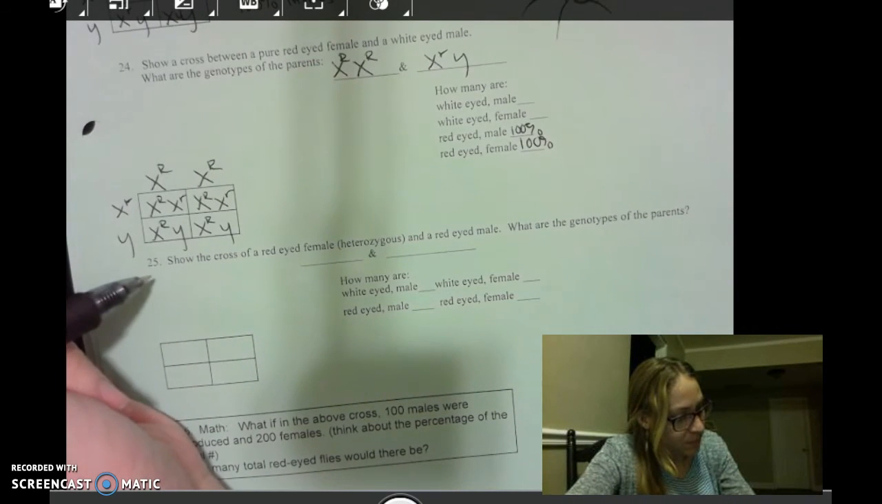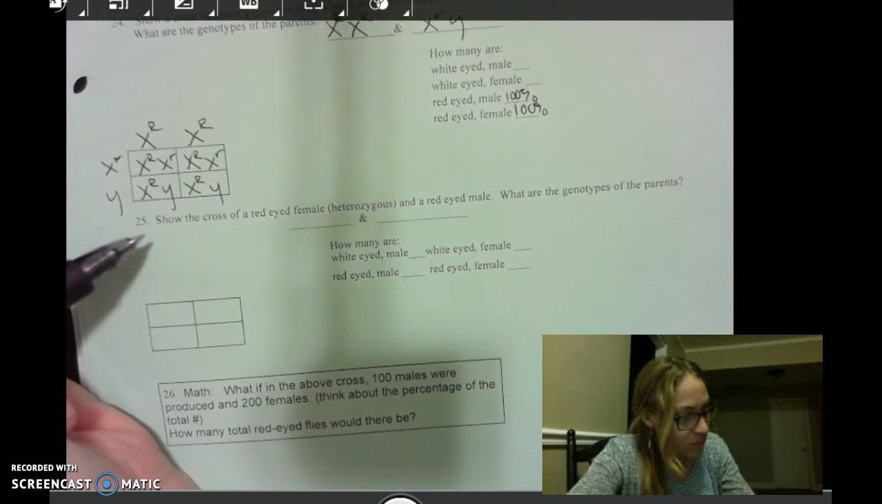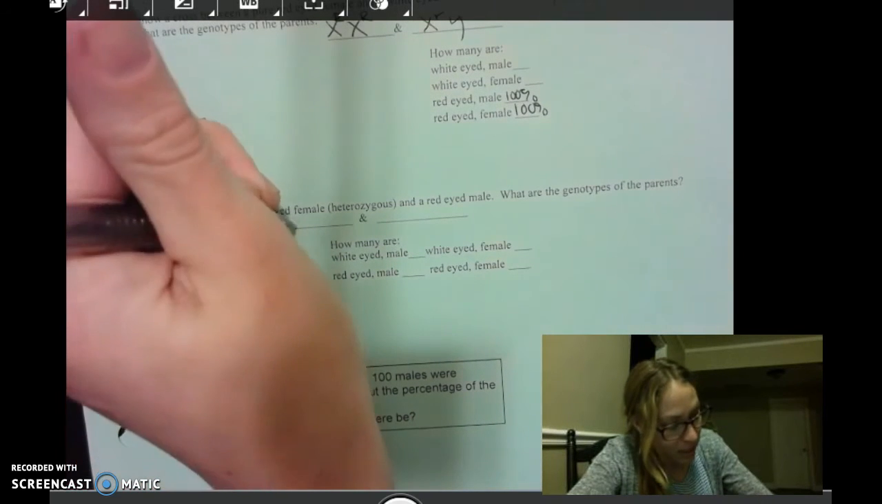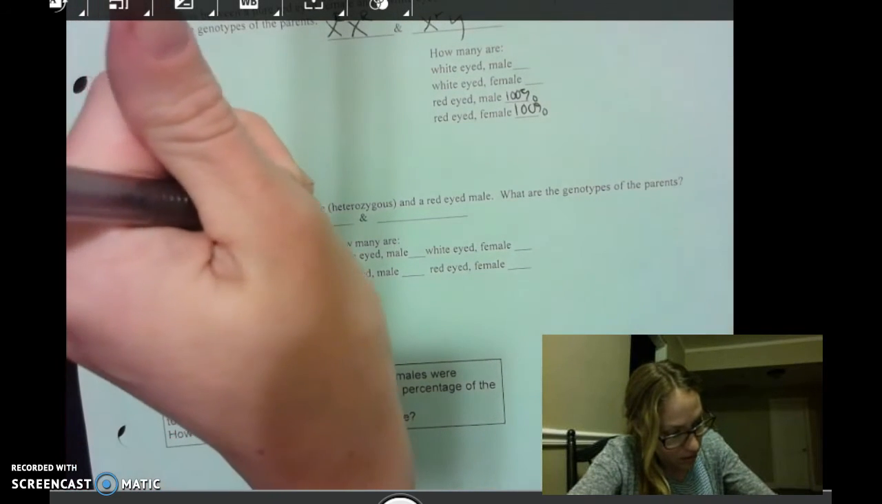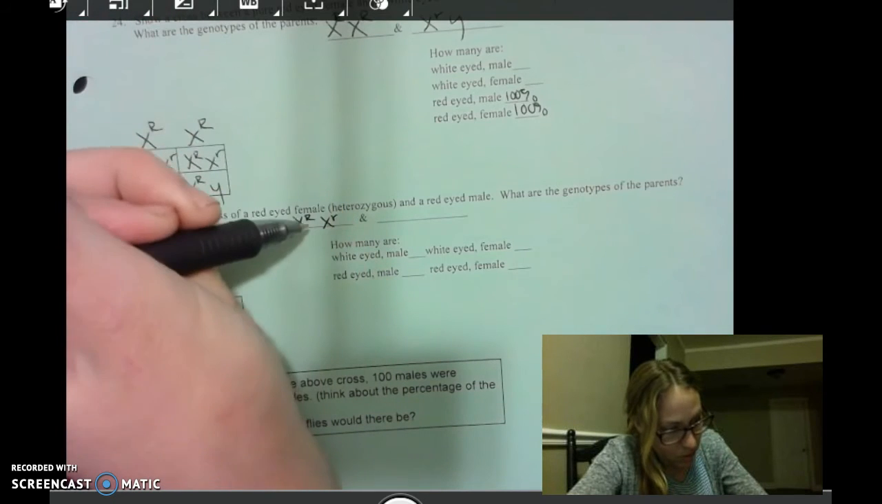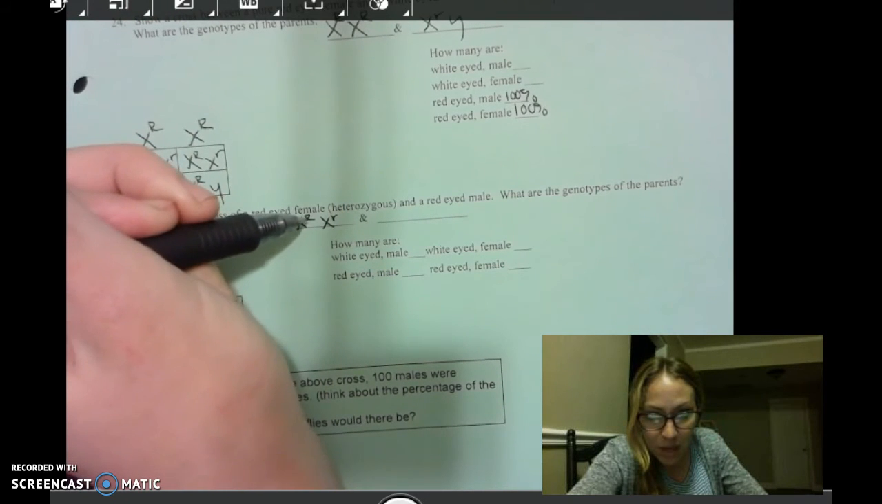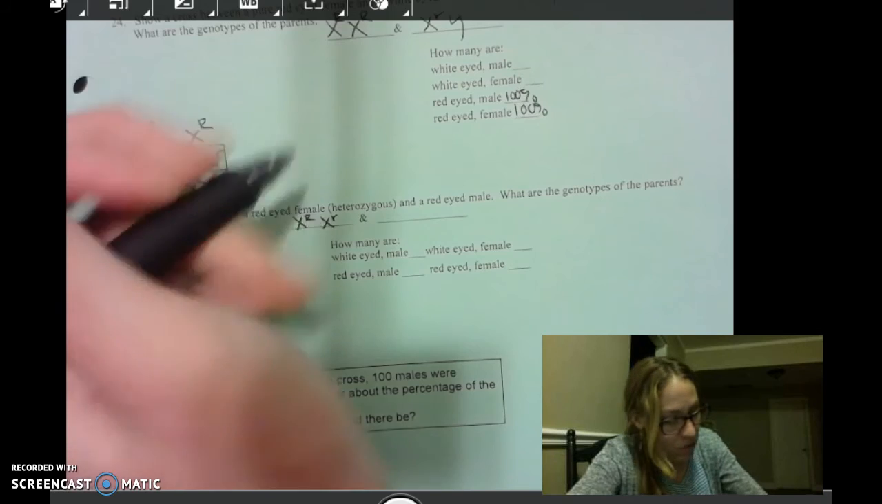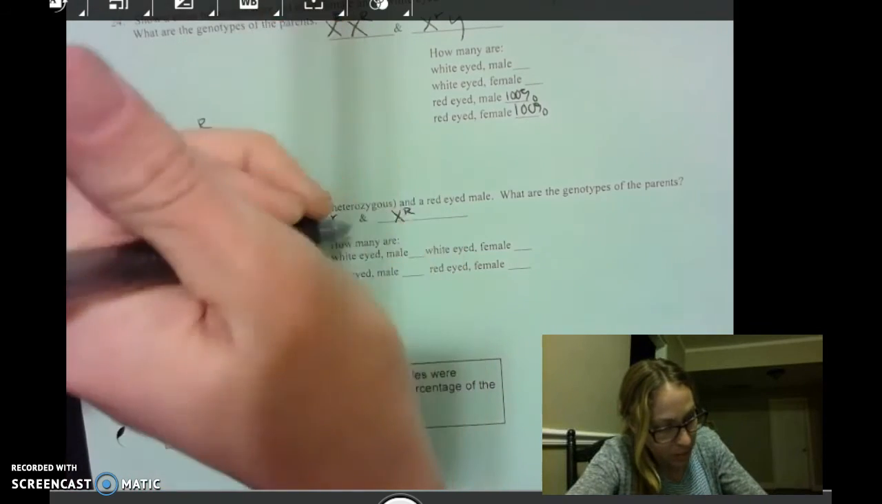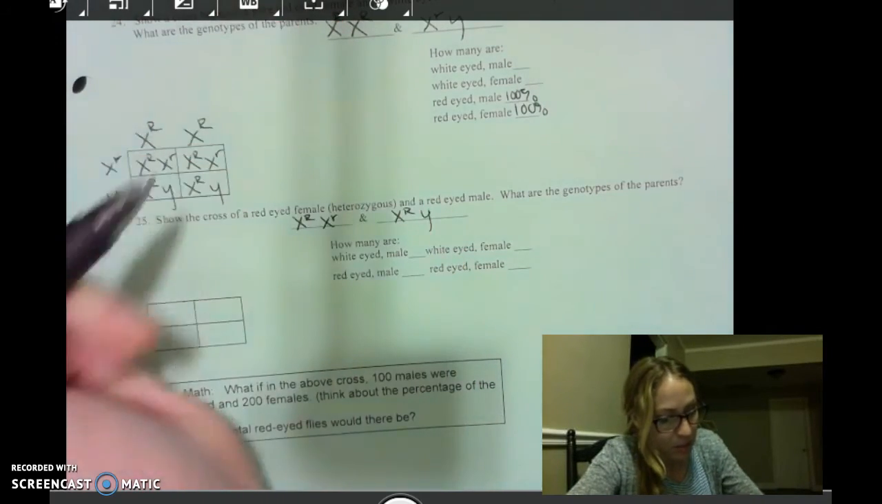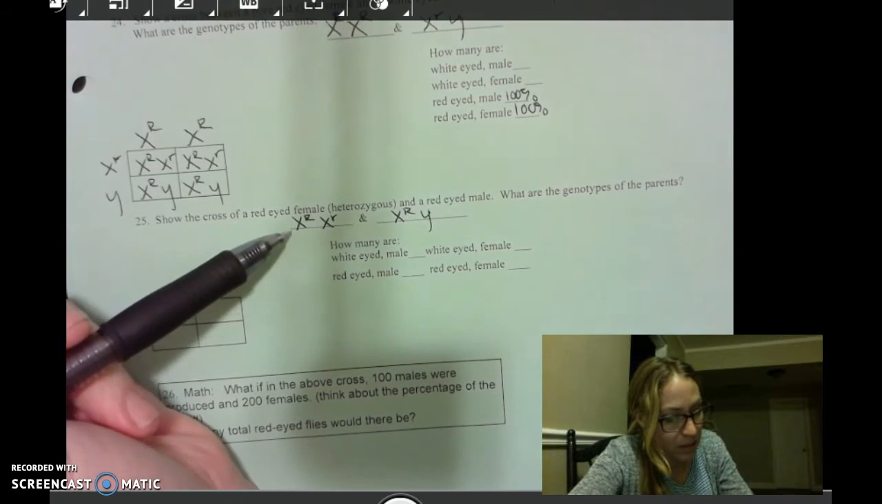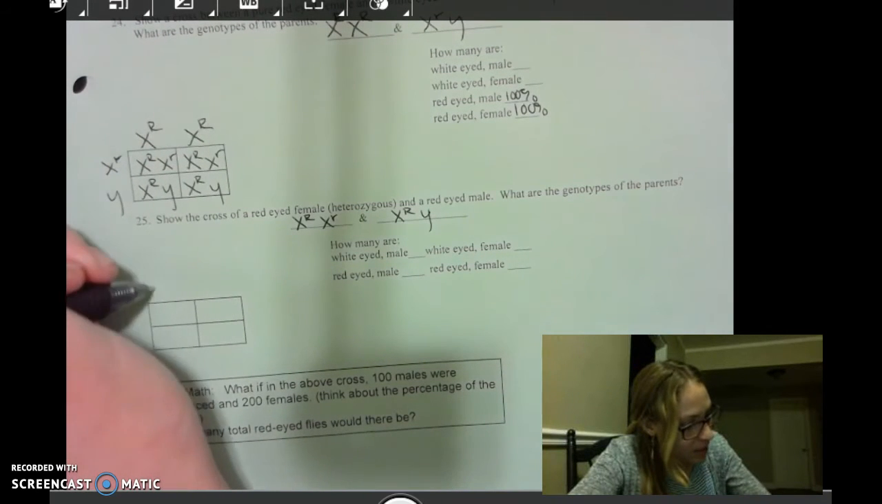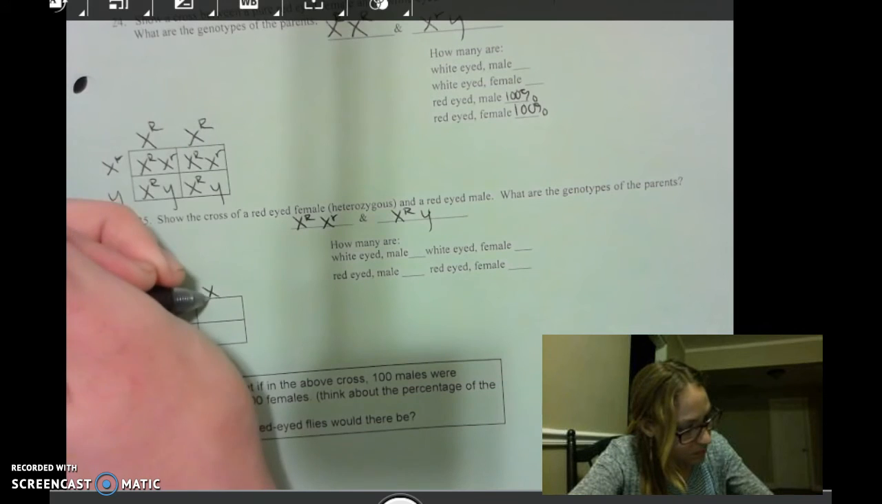All right, this one's kind of a fun one. Show the cross of a red-eyed female that's heterozygous. So that means that hetero means different. So one of her alleles is going to have a dominant and one of her alleles is going to have a recessive trait. And then a red-eyed male. So that means his only X has that dominant trait. What are the genotypes of the parents? Here they are. If I take that and I put it into a Punnett square,